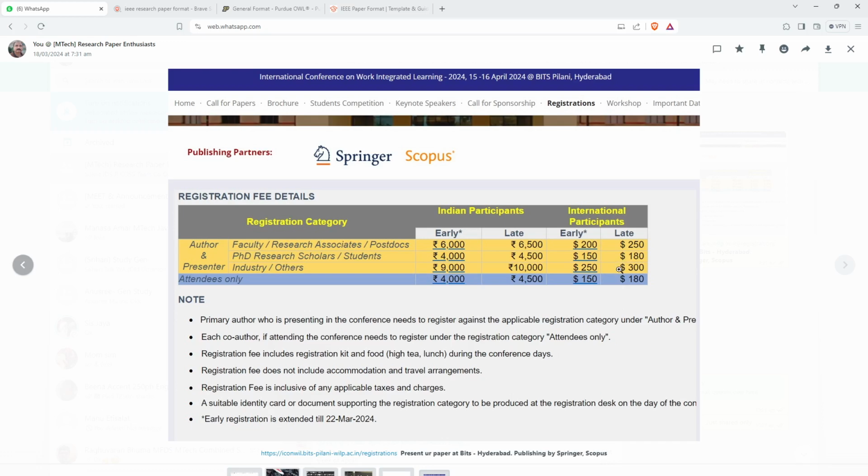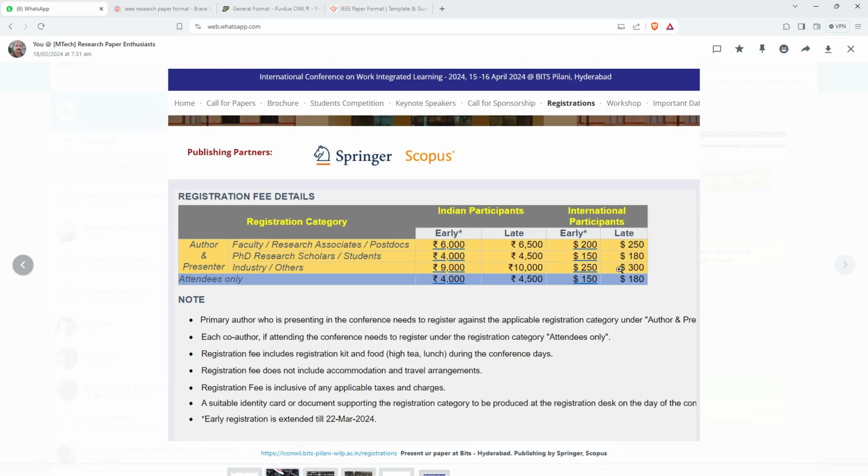Why will BITS be a little bit challenging? The reason I am telling you is that BITS is an institutional organization, and it is a comparatively good institution, so there will be a lot of submissions. So the ratio of acceptance will be slightly less. It is a general opinion, don't take it seriously, it is my personal observation. This one is similar, but it is not hybrid. I think you have to be present there.